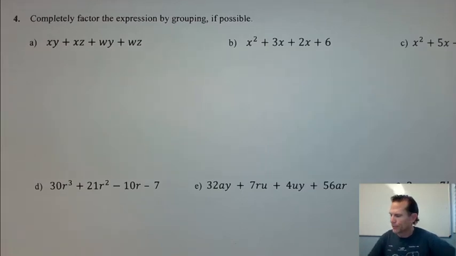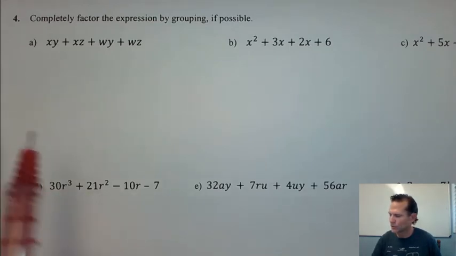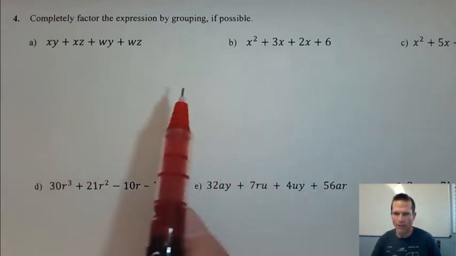All right, looking at the fourth part of 11.1, it says completely factor by grouping. Students often ask, how do I know when to do factoring by grouping? And my hint to them at this level is that it will usually tell you to do factoring by grouping. But another hint that you might want to try factoring by grouping is when you see four terms